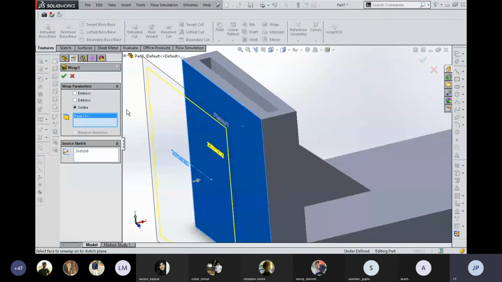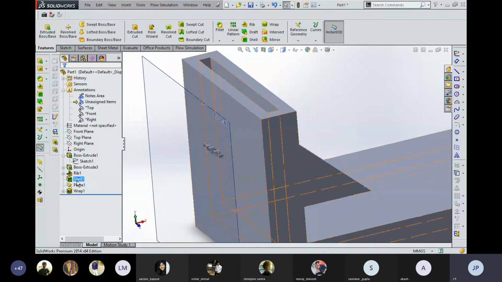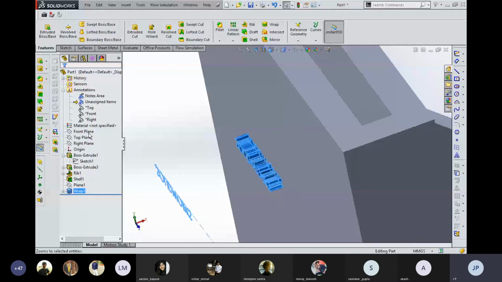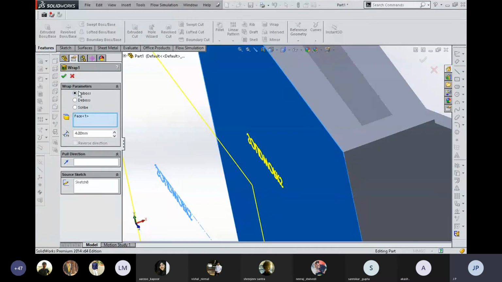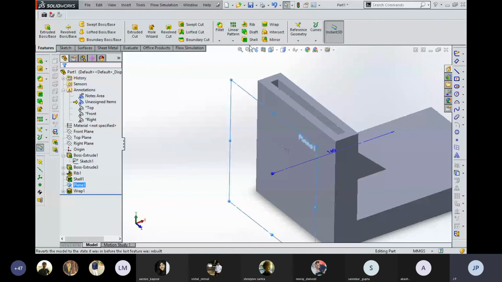There are three features available in this module: emboss, deboss and scribe. Scribe means you just project the name on the face. The other is emboss. In the case of emboss, the face is projected with the written material. If I put a value of 4 and then click OK, you can see the written material is going to be projected outside of the component. Over here you can see that. Now if you select the deboss feature, it is going to remove the material from that part, which I am going to show. If you select the deboss feature, it is going to remove material, which I can show with the help of a cut plane.